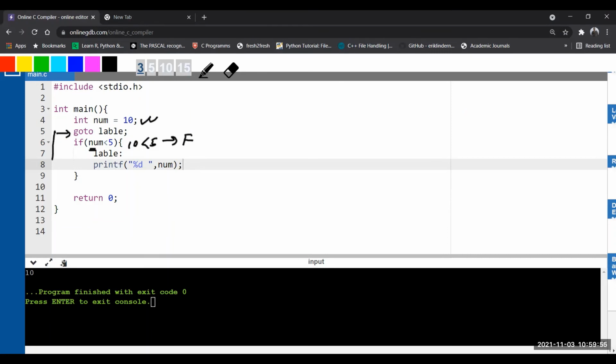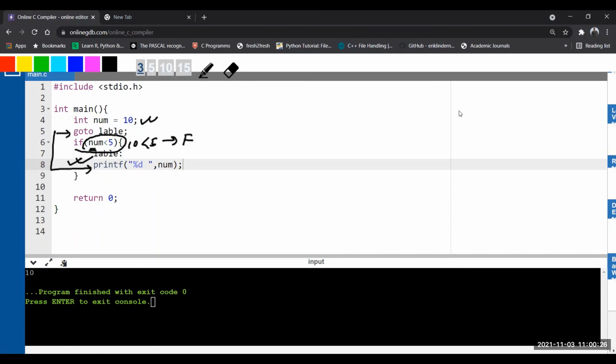It will directly go to the statement written after the label. Even though my condition is false, the body of the if gets executed. That's why goto is called very dangerous. You'll be confused about what to do. On one side, the if is saying the condition failed, but you are giving me the output from the if. How is it possible? Because of goto. That's why experts say that we can do anything with goto. That's why we should restrict the use of goto. It makes the code not logical.